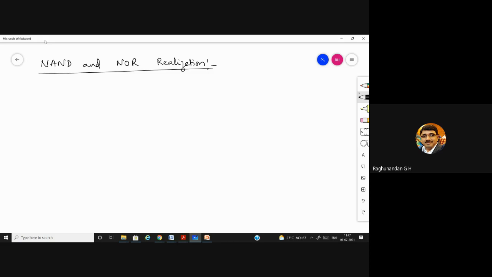There are some 3 to 4 steps. If you follow these 3 to 4 steps, we can realize any type of gates. There is no worry in that. I have given it step by step in my book so that any complex equation can be easily written. But some people will teach to write directly. If you write directly, the chance of getting the wrong circuit will be more. Also in the exam, for the step by step realization, there are marks. If you directly write the final circuit, you are going to lose marks.